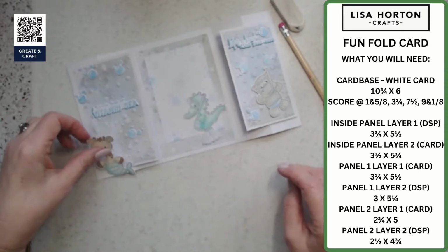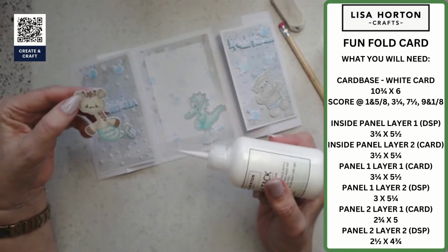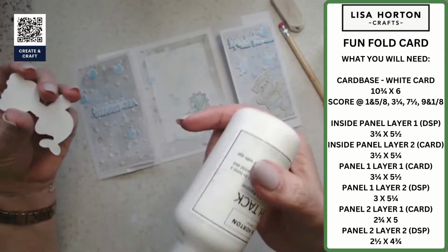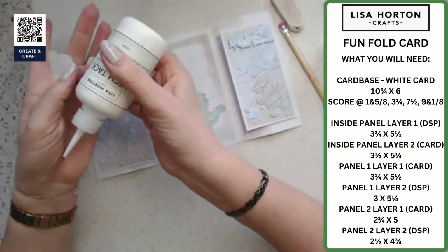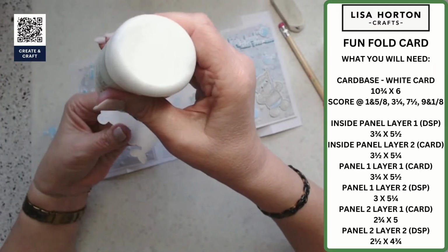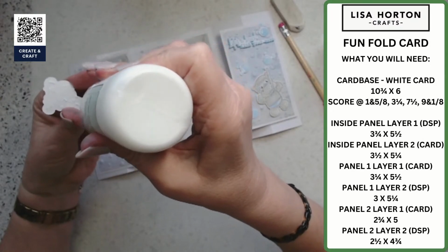Okay, so then I'm going to add my little giraffe. I think this is a girl. I think the hippo's a boy, and I think this is a girl, and I think that's a boy. I think all the others are boys, and this is the only girl. I mean, I might be wrong. Tracey might tell me I'm wrong. She might say they're all boys, or they're all girls. Don't know. But I just think they're so...